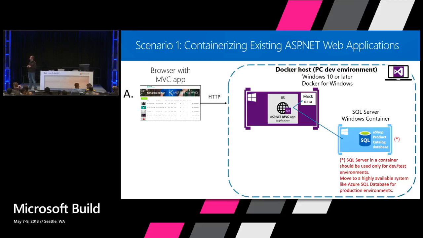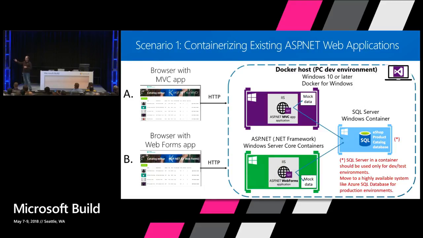So this is the first scenario. And these apps are in GitHub, so you can grab the code and play with it. The first one is an MVC application that we are going to containerize and then deploy into your Docker host in your PC. So in your PC, you need to install Docker for Windows and Visual Studio, and we will deploy that app in a container. We can also deploy the database as a SQL container on Windows. And the same thing would be another WebForms application deployed as another container